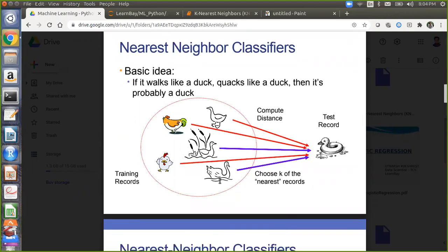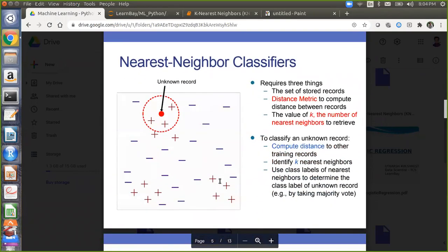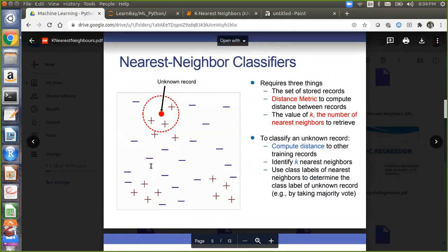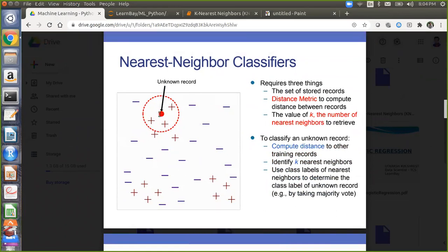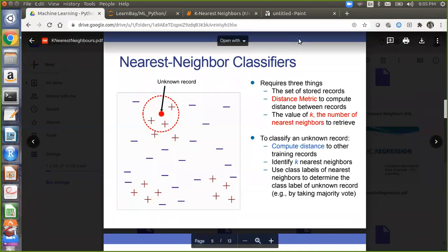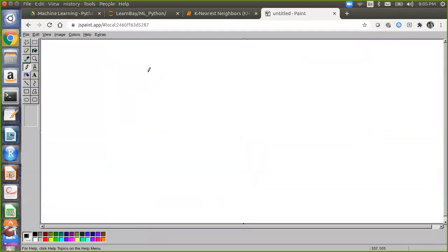So I'll directly go on to an example and I'll show you. Suppose this is your scatter plot. Here the classes are spread out. Now you have to detect the class for the unknown record. So what it does is check the class of the nearest neighbors, and that class it will assign to this particular point.